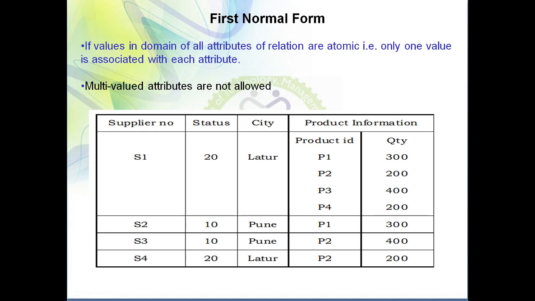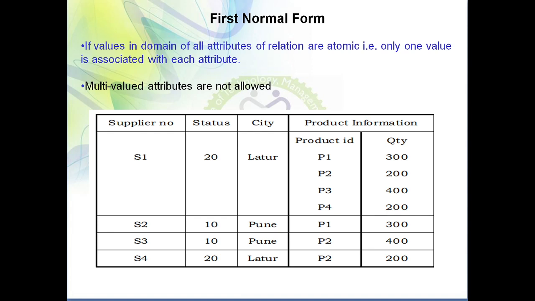Here we understand what the conditions for first normal form are, or when we can say that a particular table is in first normal form. This rule is very simple. In every column, if you take the intersection of row and column, we should get only a single value. That means the domain of an attribute should be atomic. Every attribute should consist of an atomic value. Atomic value means a single value.